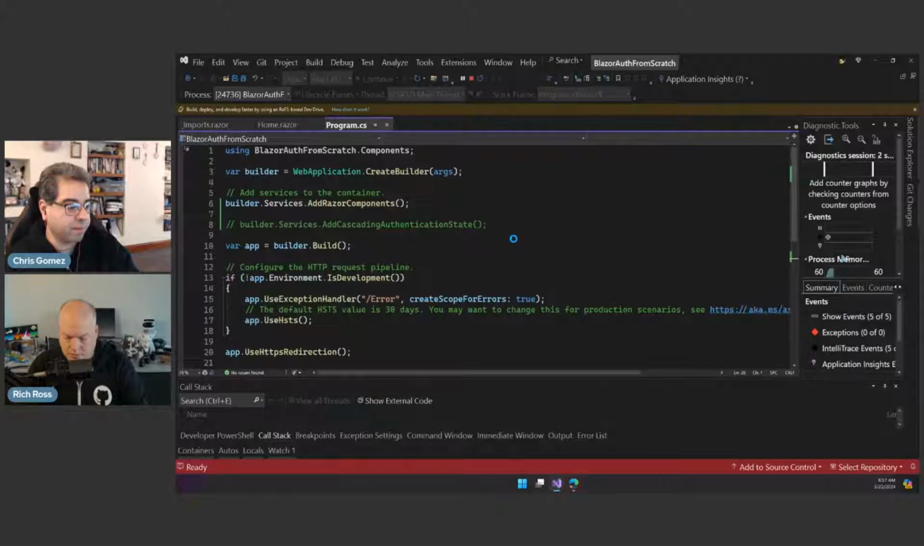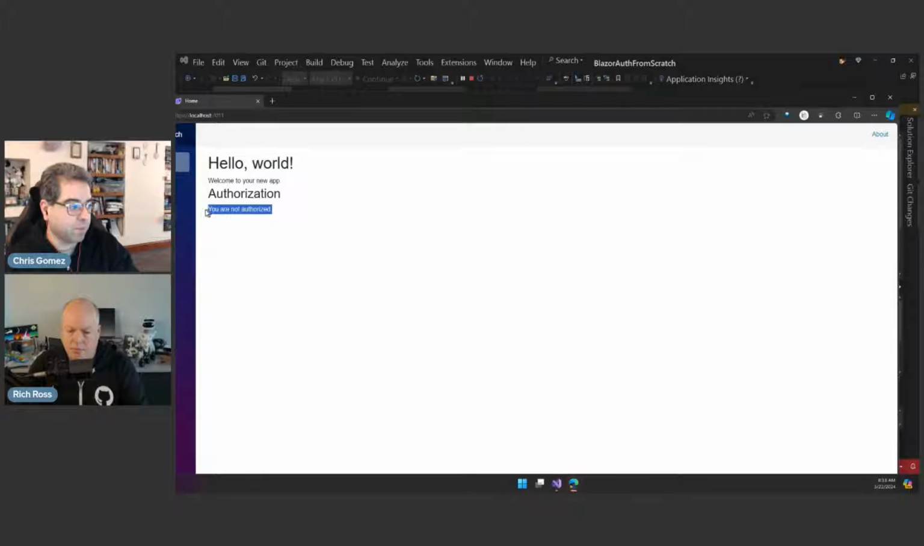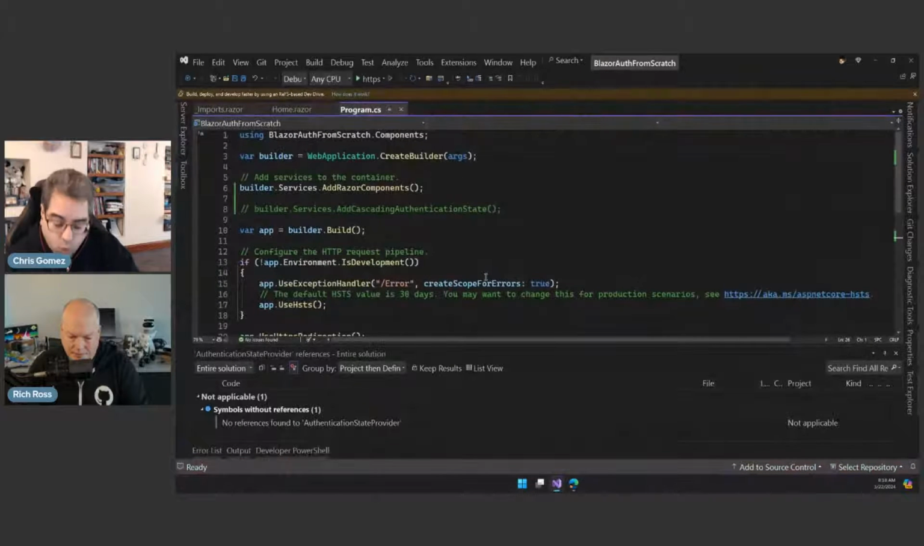So let's see if the app comes up for us. Here it is. Yep. We're not authorized, of course. Yep. Because we've done nothing. So that's all if you are 100% pure server side. Now,